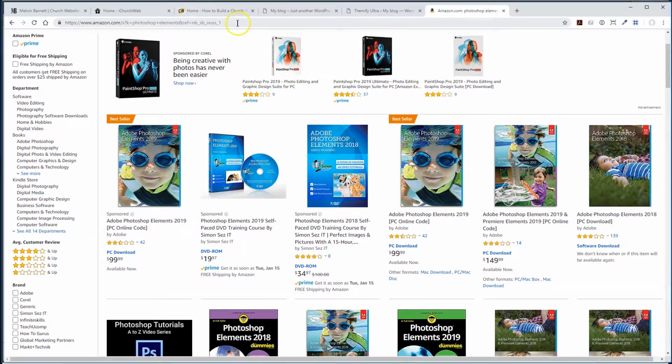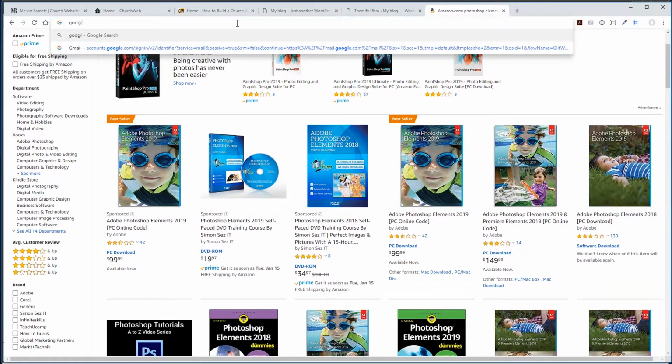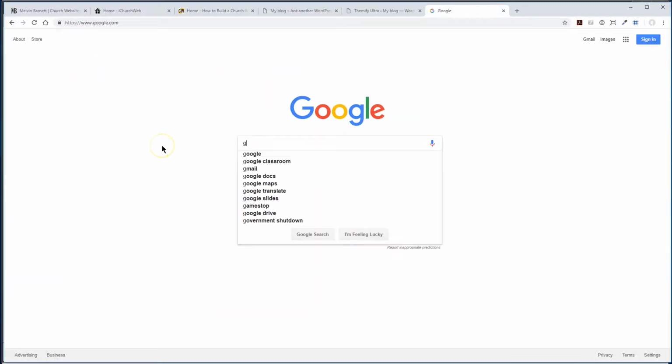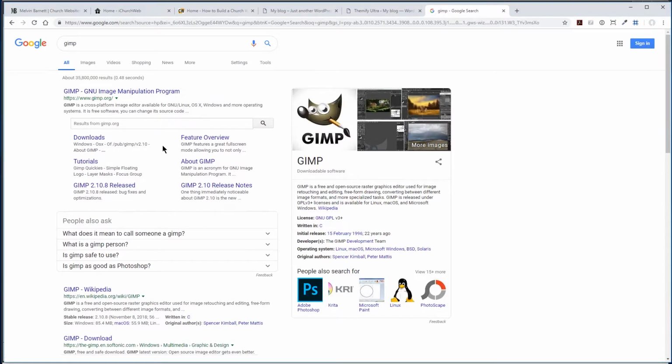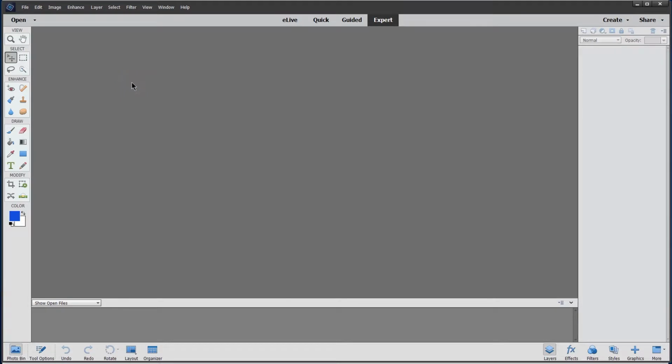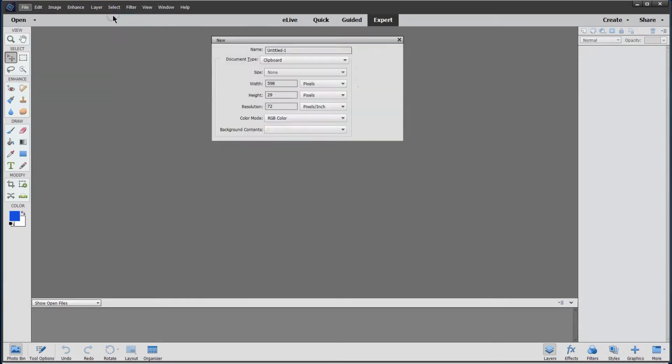It's kind of like has a Mac look to it. And here it is right here. By the way, this is a free program that you can download. Really decent program. So let's go ahead and let's pull up here. A favicon is a small image, has to be a PNG file that is 32 pixels by 32 pixels. So what I'm going to do is I'm going to open up a blank file, and I'm going to go ahead and just put in